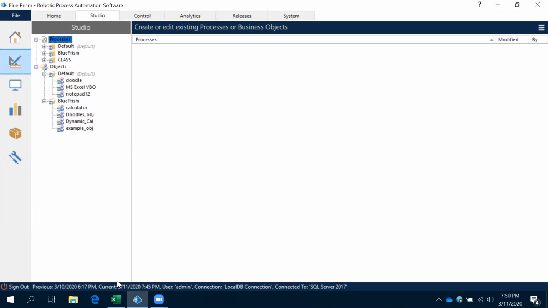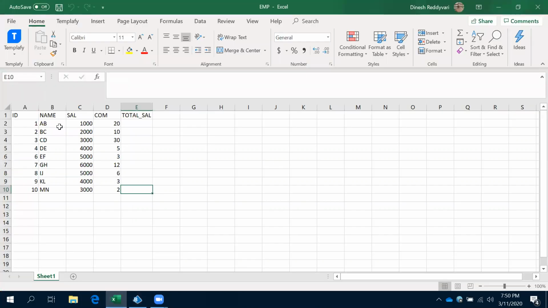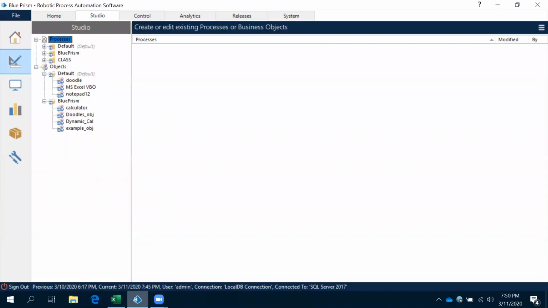Let's observe this. We have an Excel file and we have data. We need to pull the data into a collection. When we have a data set in an Excel file or CSV, we need to blindly remember that we need to work with a collection. Now, let's create a process for this.